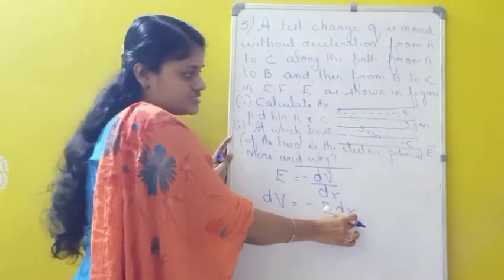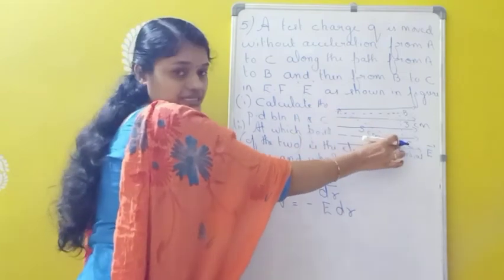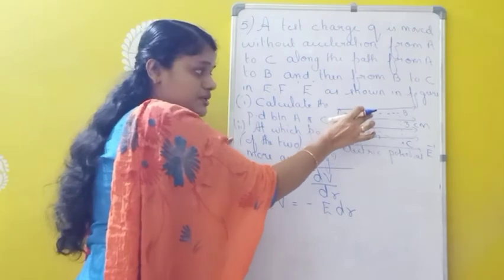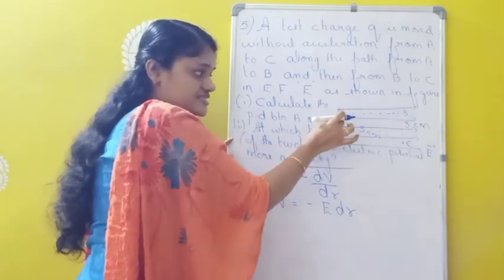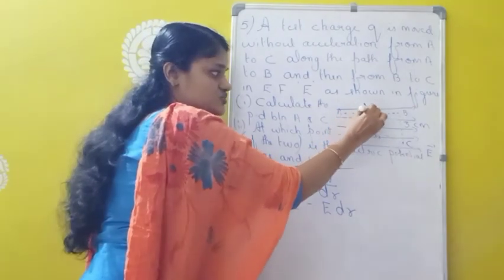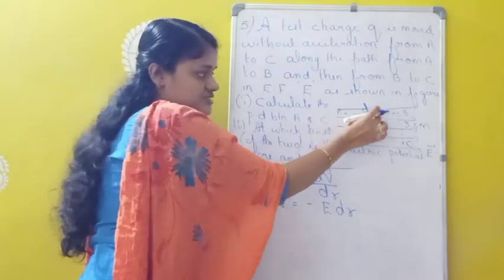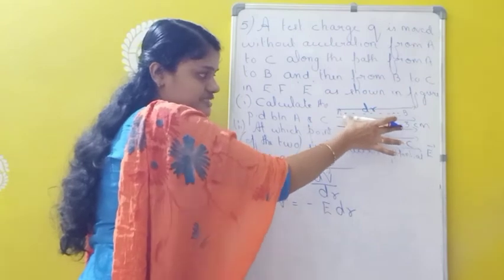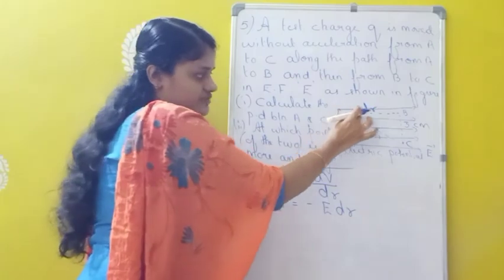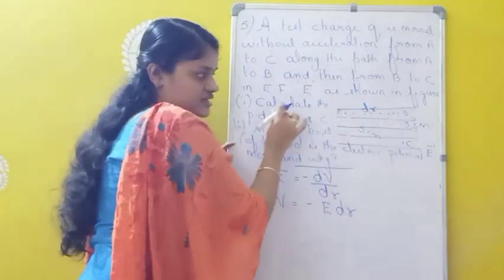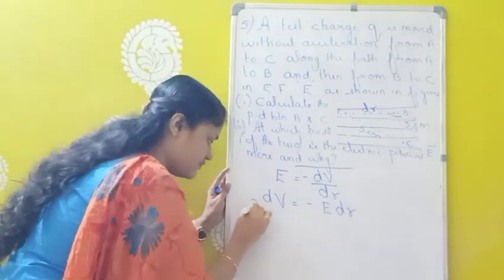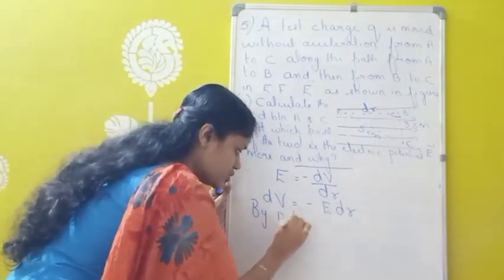This dr is the perpendicular distance between A and C. Note this distance is 5 centimeters. So this AB is equivalent to dr, the perpendicular distance between the points A and C. That means we have to find this AB. For that we have a right triangle here, this is 90 degrees. So by Pythagoras theorem, what can we find out?